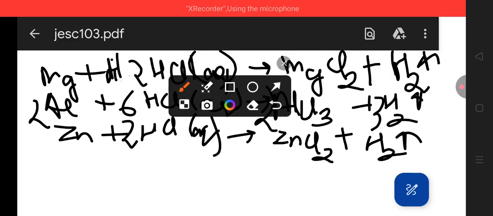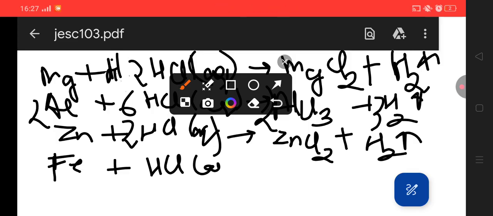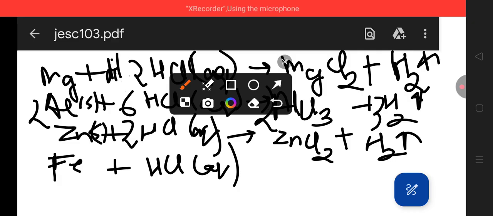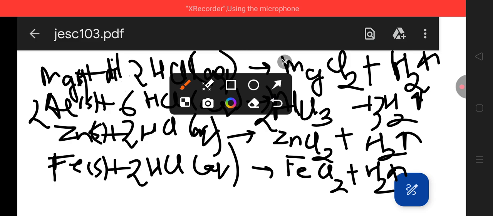Now the next reaction we have to write with iron. So I'm taking iron second. Okay, so plus HCl, aqueous I'm taking, here I'm taking solid, here I'm taking solid. Okay, solid. So this will give me FeCl2 plus hydrogen gas. So here you will see that you have to put 2 here, and this is aqueous,